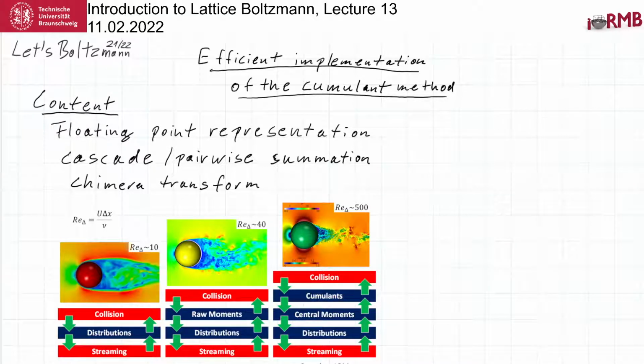It is February the 11th, and this is the 13th lecture in Lattice Boltzmann methods. So the topic of today is the efficient implementation of the cumulant method, with the content talking about floating point